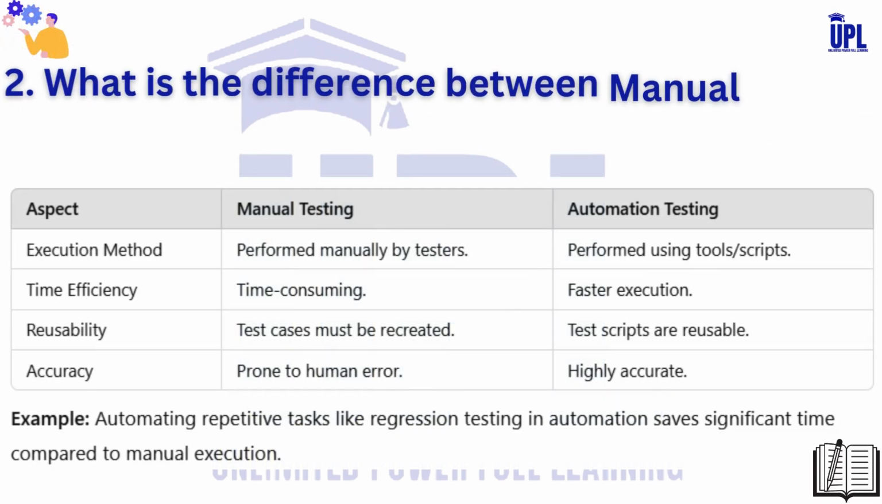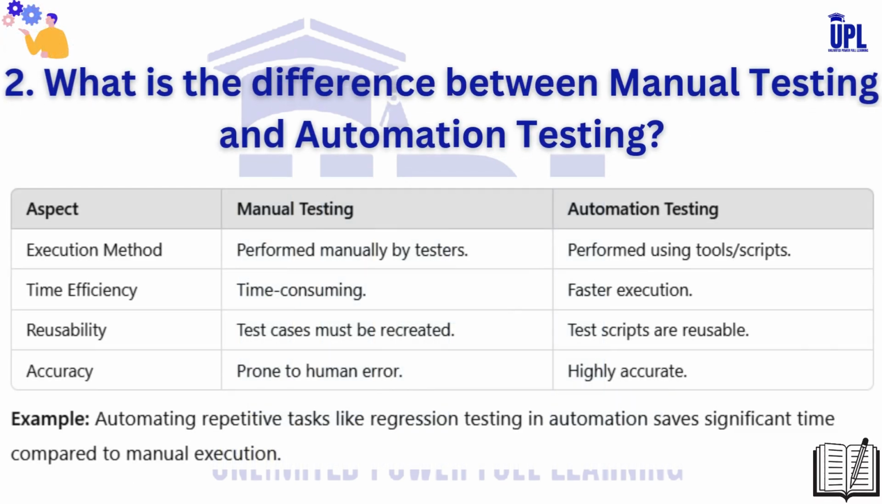The second question was, what is the difference between manual testing and automation testing? Aspect: manual testing versus automation testing. Execution method: performed manually by testers, versus performed using tools and scripts. Time efficiency: time consuming, versus